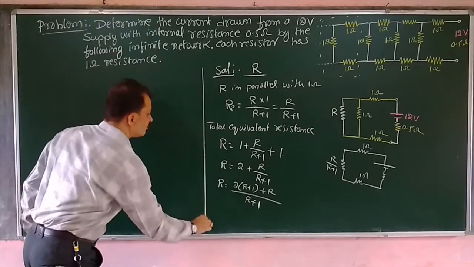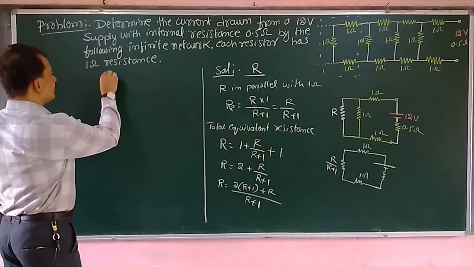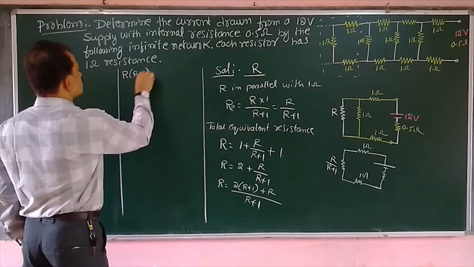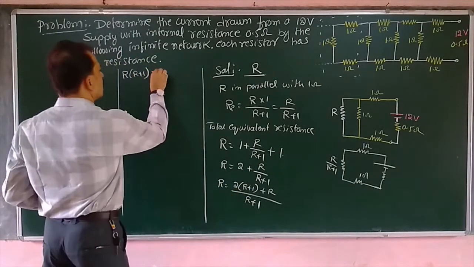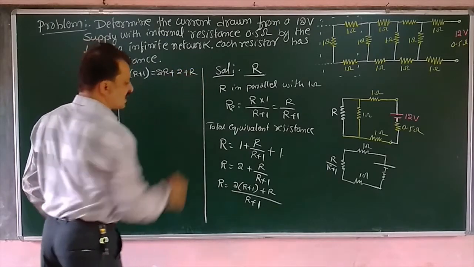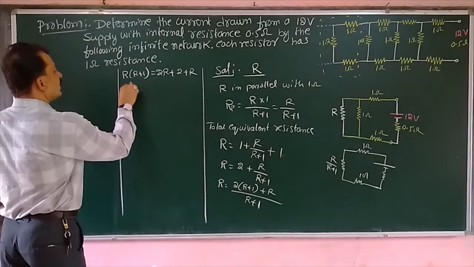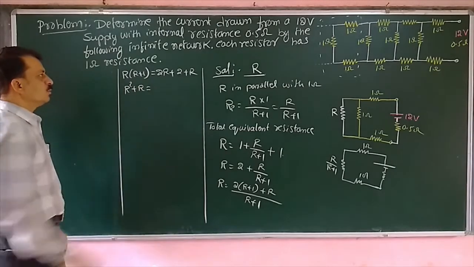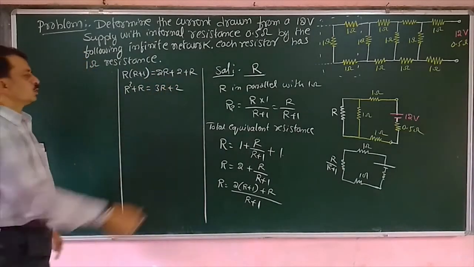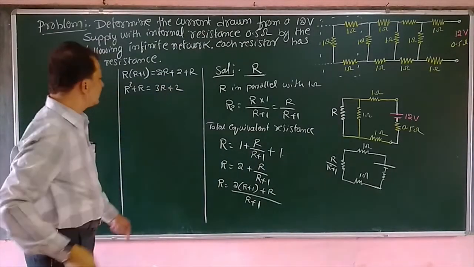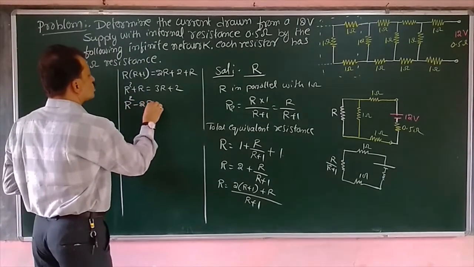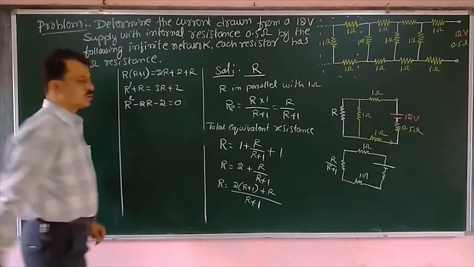Now cross multiplying, R into R plus 1 is equal to 2 into R plus 1, 2R plus 2, plus R. Therefore, we get R square plus R is equal to 2R plus R, it is 3R plus 2. Now taking all these to left hand side, we will get R square minus 2R minus 2 is equal to